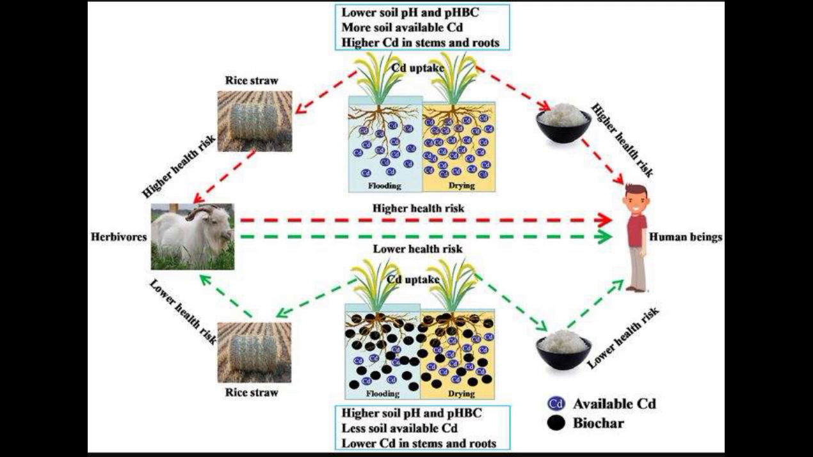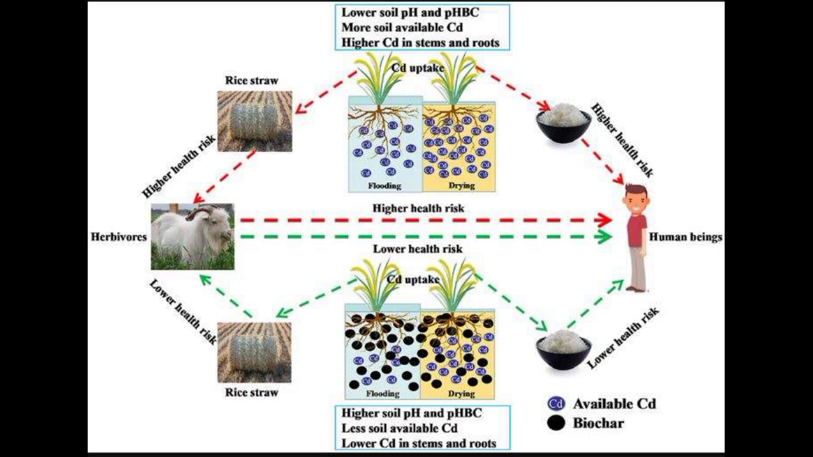Low soil pH and pH-BC: high Cd availability leads to increased Cd uptake by rice plants, resulting in higher health risks for herbivores and humans. In high soil pH and pH-BC, biochar addition increases soil pH and pH-BC, reducing Cd availability, uptake, and associated health